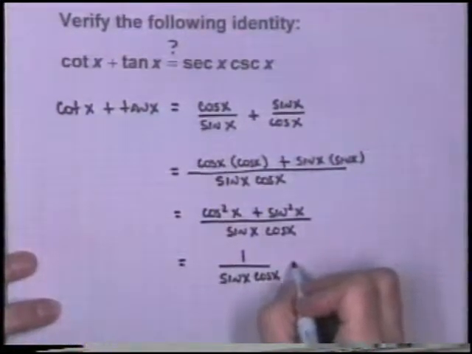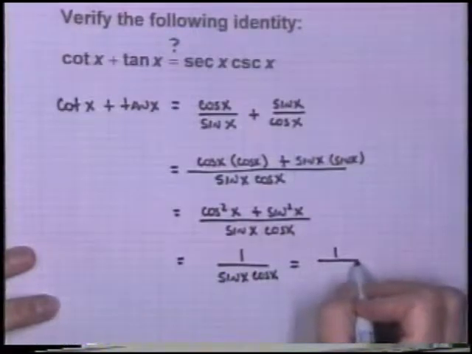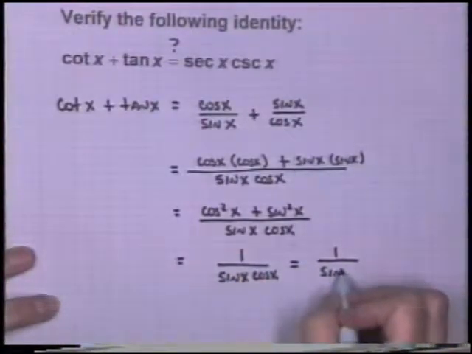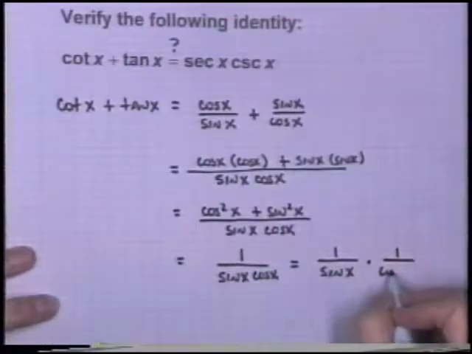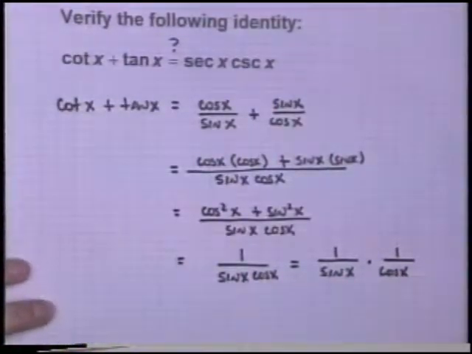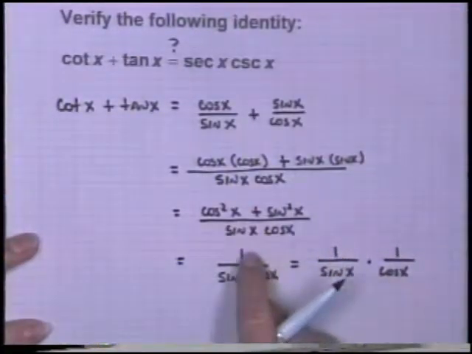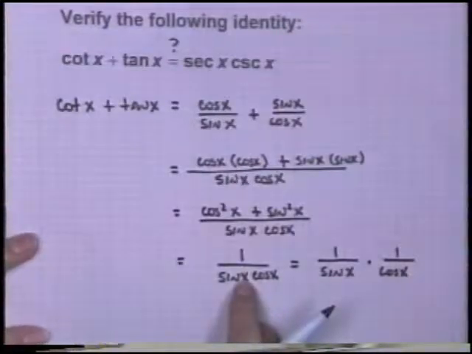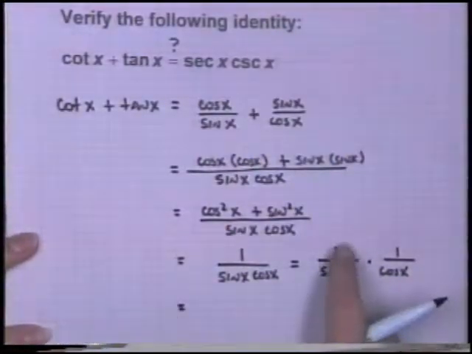Okay? Now, I don't always write this step down, but this first time for emphasis, I want us to understand that this 1 over sine x cosine x could also be written this way, 1 over sine x times 1 over cosine x, because when we multiply fractions, we multiply the numerators and the denominators. So thinking about this product in this form,